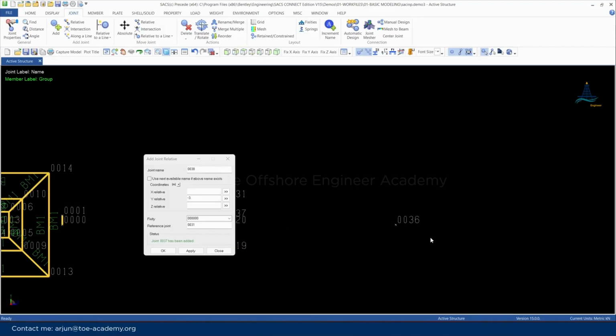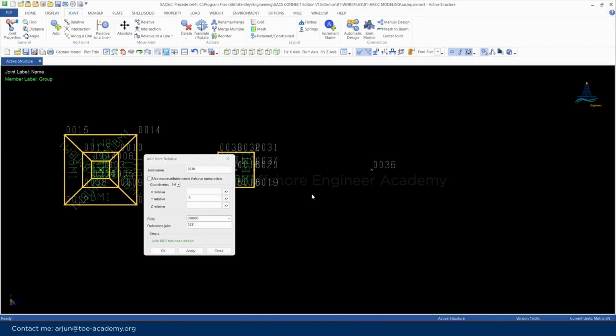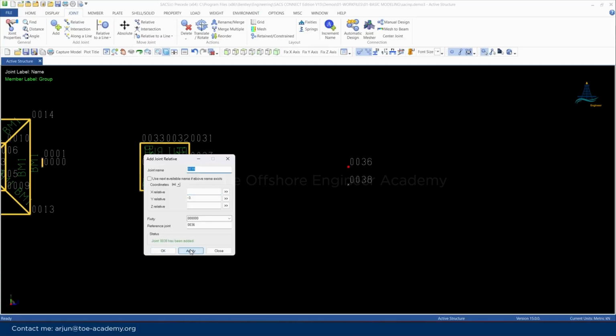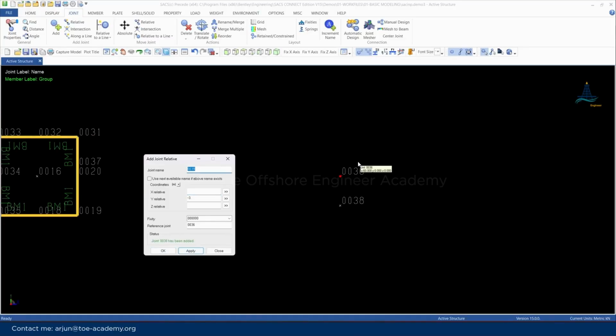I'm going to create a joint about this particular joint, so we should be very careful when we work with it. So -3. Then I will create another one at 24,